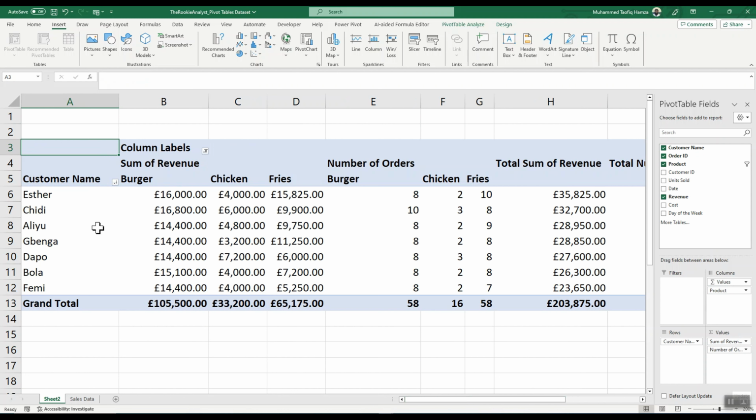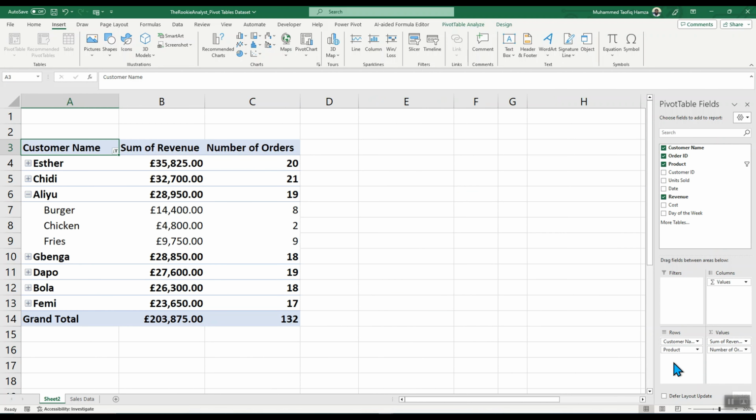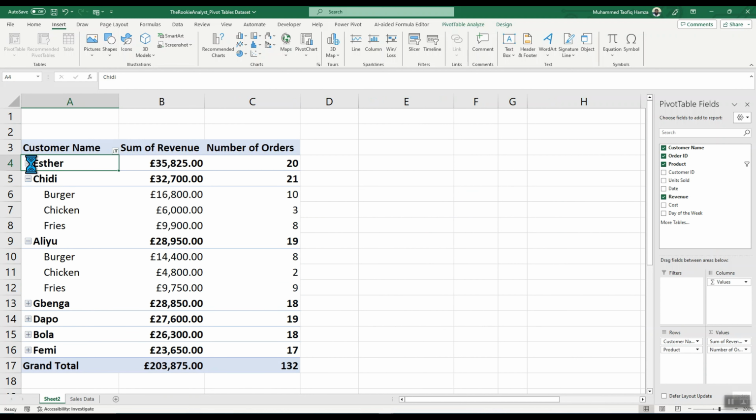So when you look at your pivot tables, it shows the same thing as what you have here in your fields. As you can see, customer name is appearing in rows, and we have it here in rows. Our product is appearing in the columns, and that is what we have in columns. We also have the values, which is the sum we already added, the number of orders. If you want this to appear in rows, we bring it back to rows, and then we have it back to what we had initially, and we could expand,